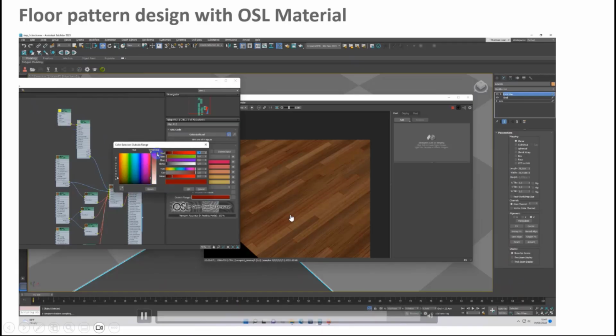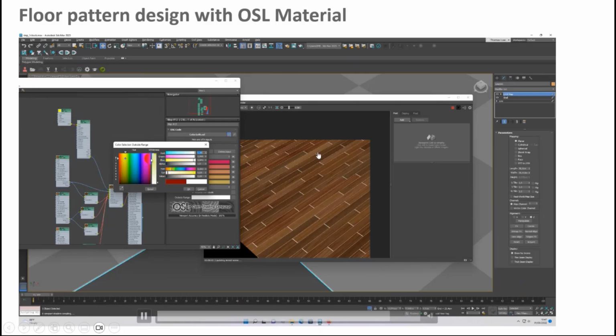Let's say you want to change the distance between the patterns, so you can adjust the distance, you can change the color, and you can make it more bumpy. You can adjust many things you want.